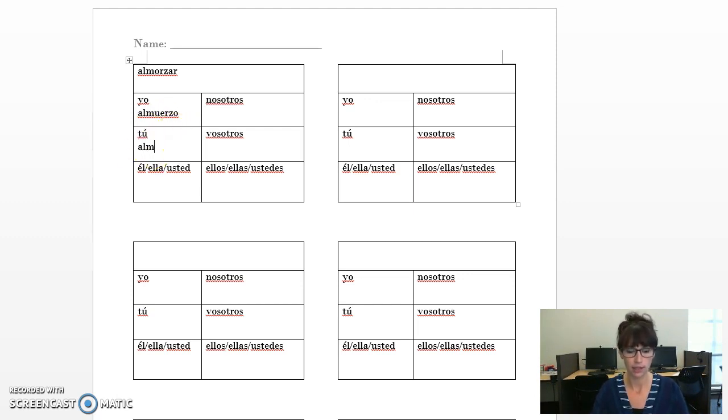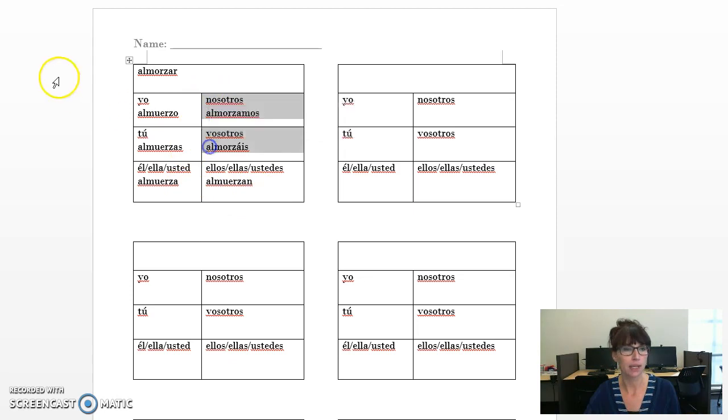Almuerzo, almuerzas, almuerza. This is one that doesn't change. Almorzamos, vosotros, almorzáis, and ellos, ustedes, almuerzan. Okay, the reason that I wanted to show you this is because if we were to color or somehow distinguish these,